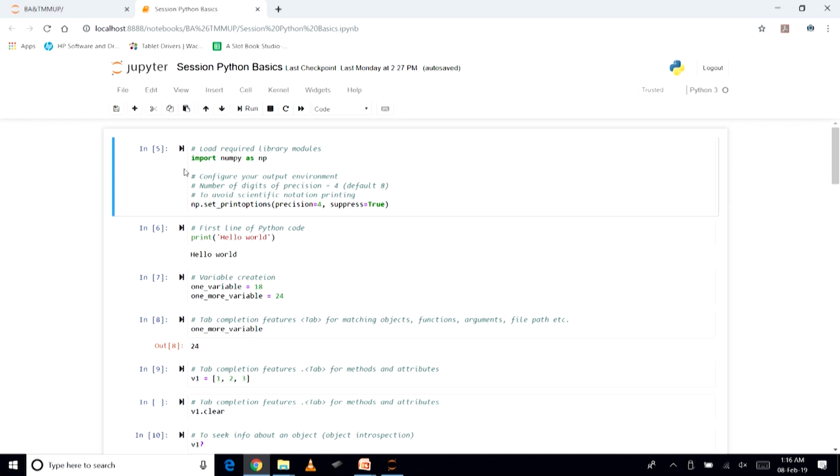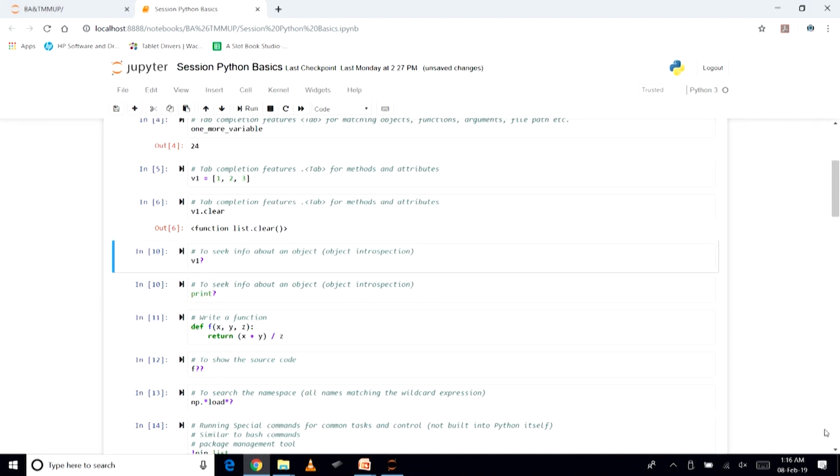After that, typically we would like to set certain parameters, as we discussed in the previous lecture as well. Let us just go through this and run it. We have gone through the first line of Python code, hello world. Now I am going through variable creation, type completion, and other type completion features where we use the dot.